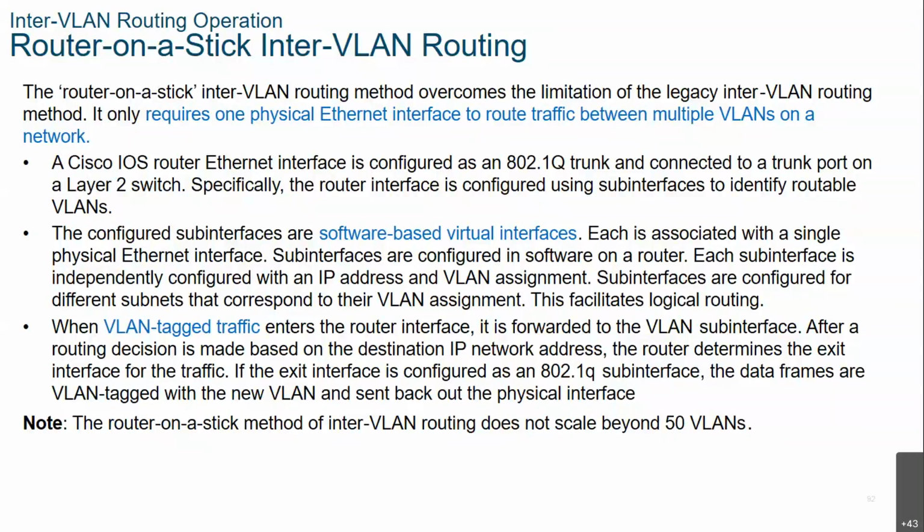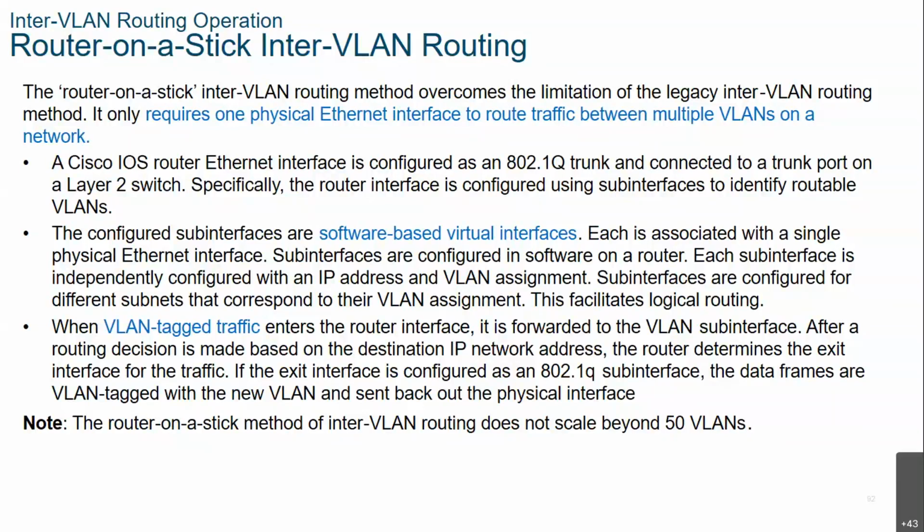When VLAN tagged traffic enters the router interface, it is forwarded to the VLAN sub-interface. So if the tag says the VLAN ID is 10, it will be sent to the sub-interface for VLAN 10 that handles the VLAN 10 traffic. After a routing decision is made based on the destination IP network address, the router determines the exit interface for the traffic, and then it will be sent out